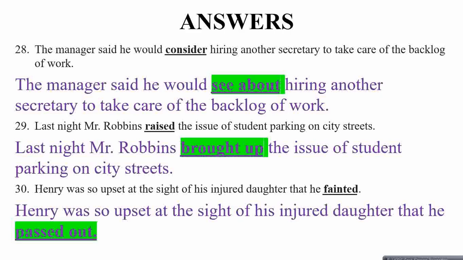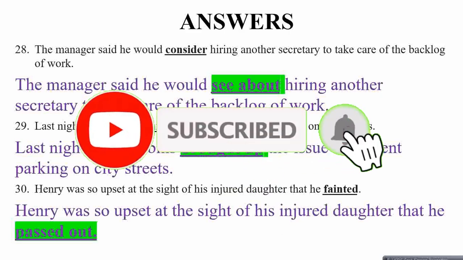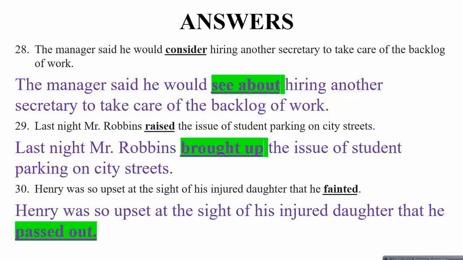Question 28. The manager said he would consider hiring another secretary to take care of the backlog of work. Now comes question 28. The manager said he would consider hiring another secretary to take care of the backlog of work. The answer is the manager said he would see about hiring another secretary to take care of the backlog